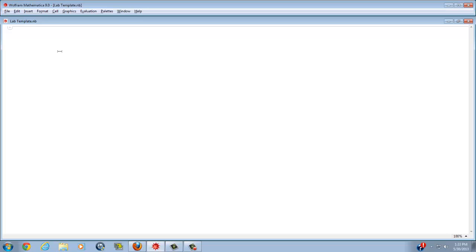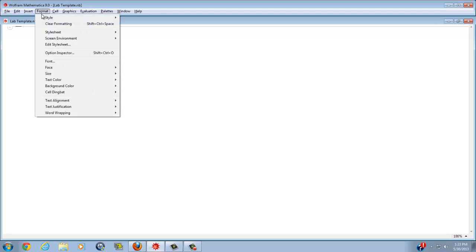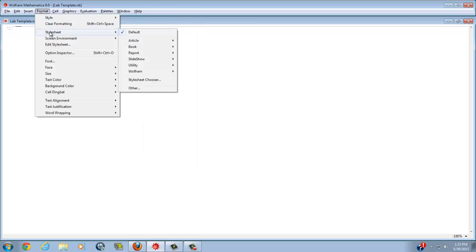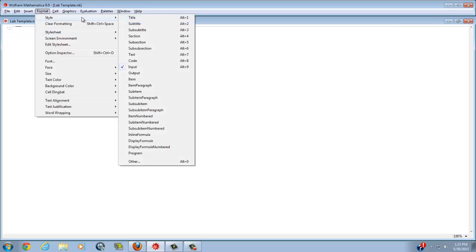So what we can do here is go to Format, and it has all different types of styling. We can even call a style sheet. So you can have article, book, report, slideshow, utility, demo, and all kinds of other things. But for today, we're just going to use the Style tab. Notice that right here you have different shortcut keys. So we're going to start with the title,